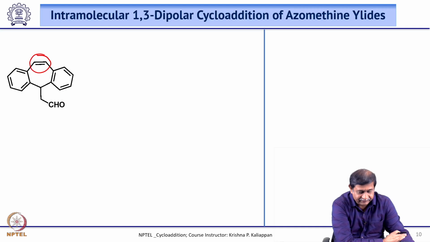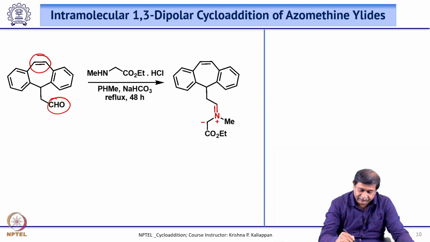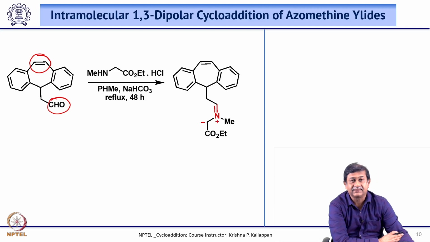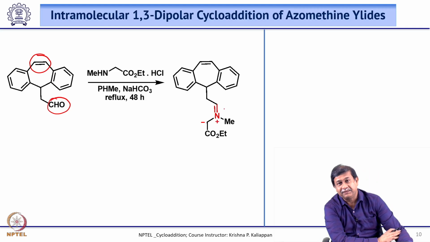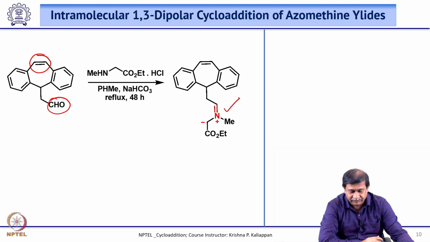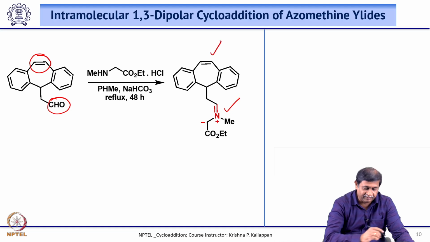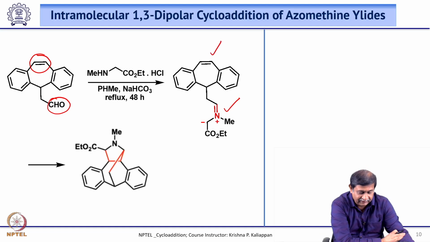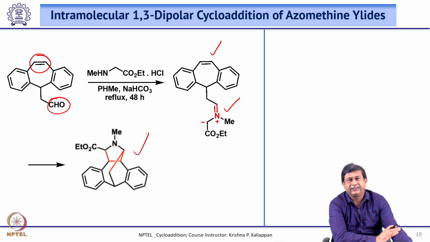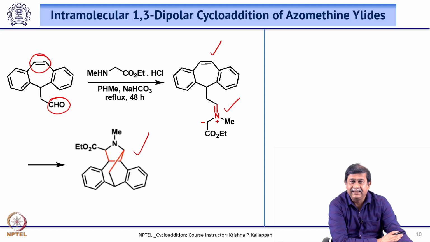So this aldehyde, upon treatment with again the amino acid ester, can generate this dipole in situ, and this dipole can undergo 1,3-dipolar cycloaddition with the double bond which is present in the suberane ring, to form this very interesting tricyclic compound. Okay. So this type of 1,3-dipolar cycloaddition is really very useful, particularly when you use azomethine ylides to get highly